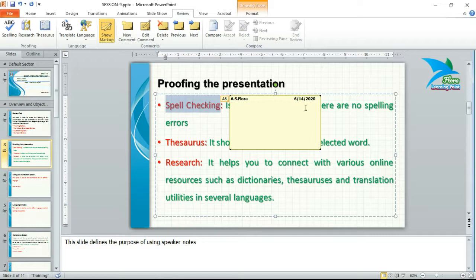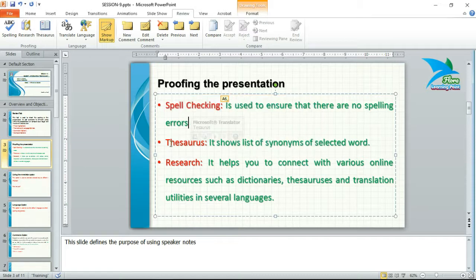Just click on that option, and inside this box you can write some note related to this option. For example, is used for spelling and checking.